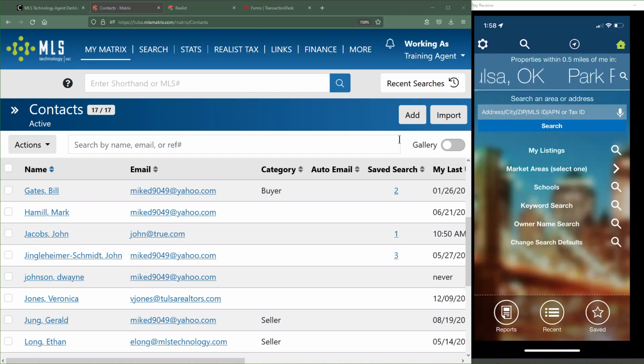So what this is actually going to allow us to do is search for any properties in the entire country, whether they're listed or not. It also has access to almost all the MLSs in the country. 80% of all MLSs in the country are sharing data with RPR. So what that means is that you guys can actually get in here and check the status of almost any listed property in the entire country.